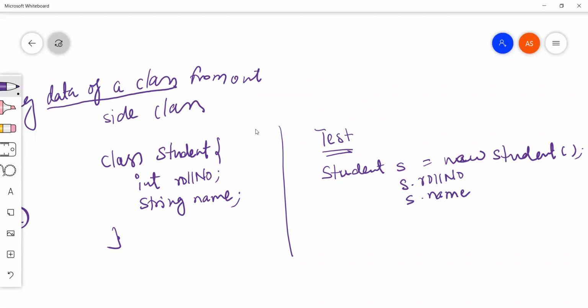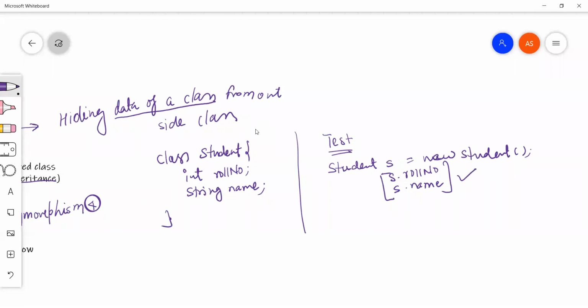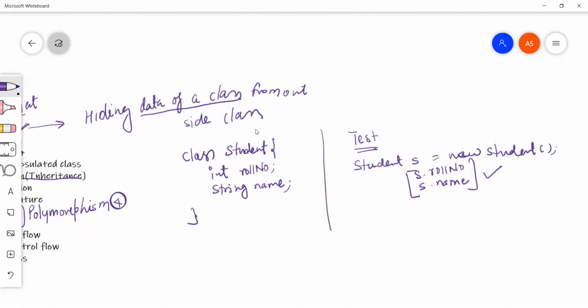So that means the data we have in this class is directly accessible by a third-party class, isn't it? Tell me, yes or no?